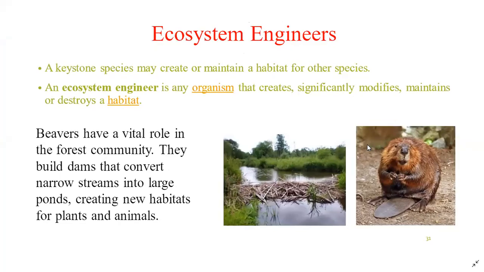Okay. So ecosystem engineers, beavers. What they do is, as I had told before, they divide the pond or make the stream. They do a lot of activity, which creates new habitats for plants and animals. Say something happens, I'm just giving a situation: although the dams are not that strong, over a period of time they will be filled with mud and many things will deposit here, and it will become a permanent or near permanent separation. So the two habitats start differing from one another and become significantly two different habitats. This is what an ecosystem engineer does.